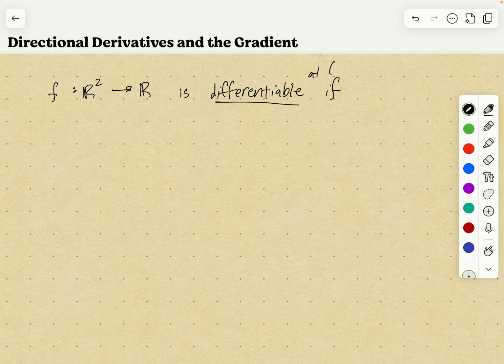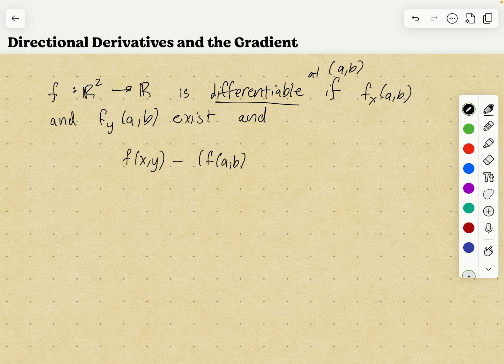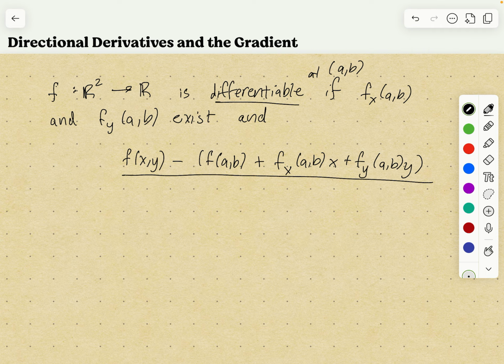So say at (a, b), it's differentiable at (a, b) if the partial derivatives f sub x at (a, b) and f sub y at (a, b) exist, and when you take the difference f of (x, y) minus the linear approximation at (a, b), so f of (a, b) plus f sub x at (a, b) x plus f sub y of (a, b) y, divided by the length of the vector (x, y), if this limit goes to 0,